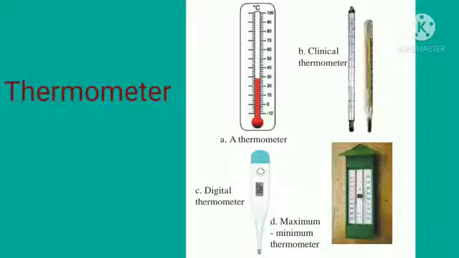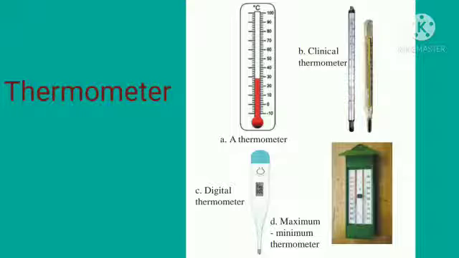And these days, instead of the above type, digital thermometers are used for clinical purposes. Digital thermometer is given in the C diagram. See there. This does not use the expansion of liquid due to heat. Instead, it has a sensor which can measure the heat coming out from the body directly, and from that can measure the temperature of the body.